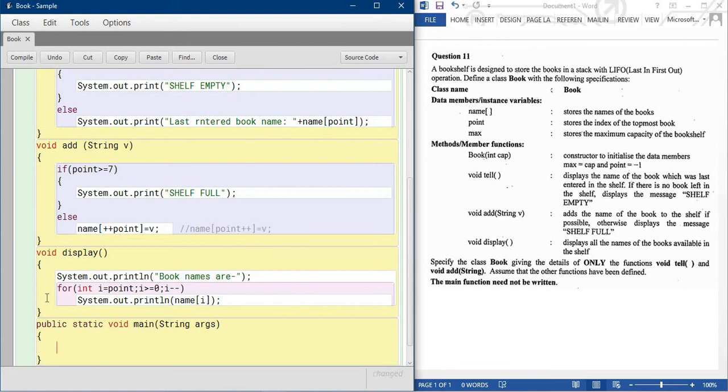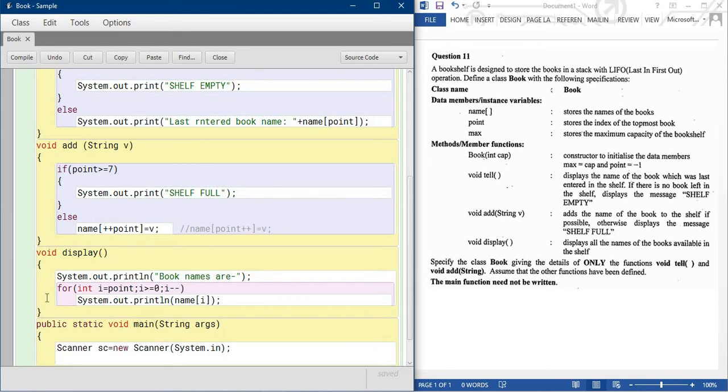So first, the scanner. Now first we need the size of the array, the cap value.